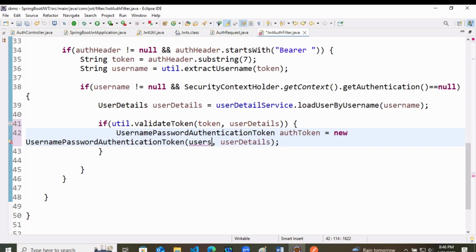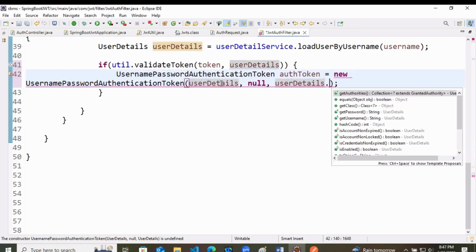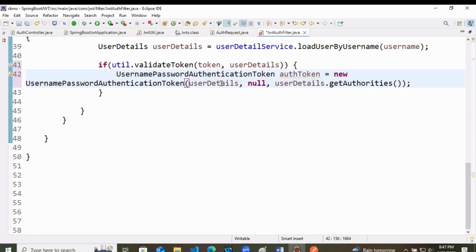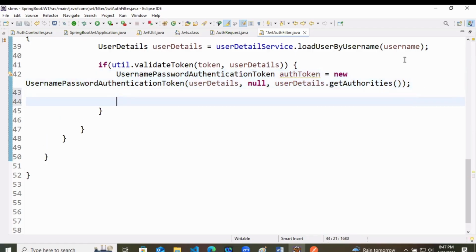The second value that we are going to provide is by default a null value. The third value that we are going to provide is userDetails dot getAuthorities. Now, if this is completed, we will be using the auth token.